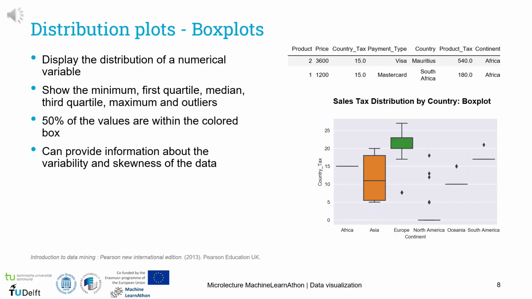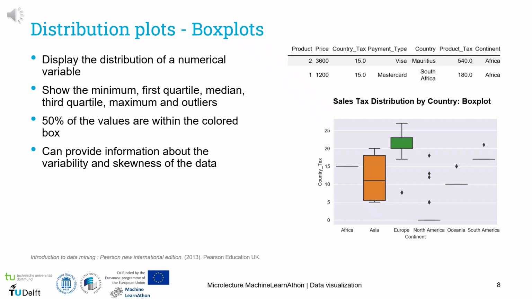Box plots are very useful to compare the distribution of data. They display the distribution of a numerical variable, also sometimes depending on another categorical variable, like in the figure on the right-hand side. What is useful about box plots is that they contain very much information. They contain the median of the data sample,